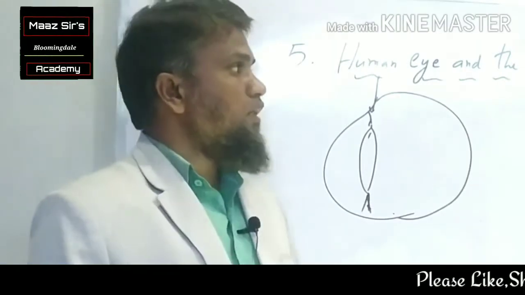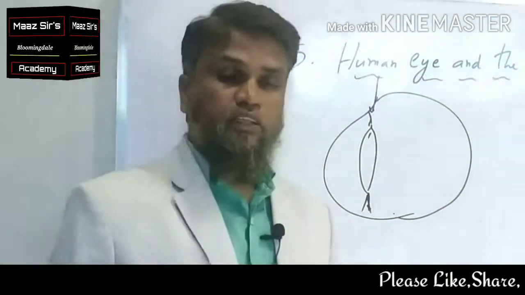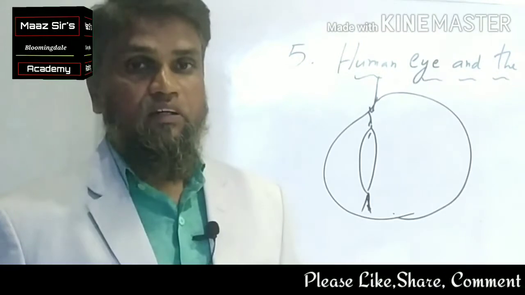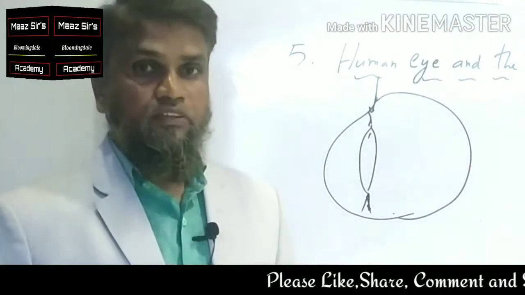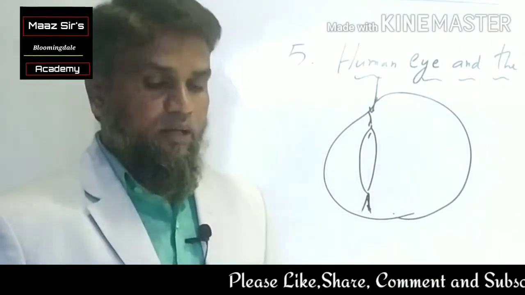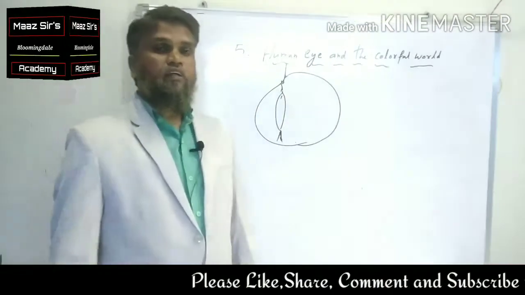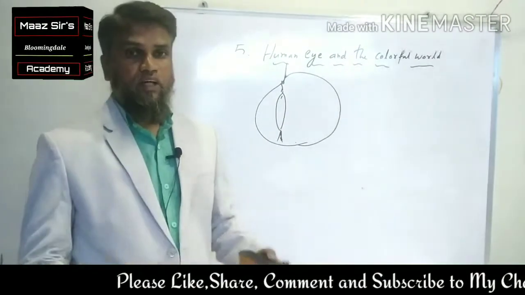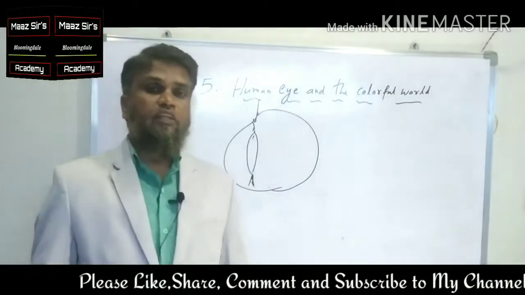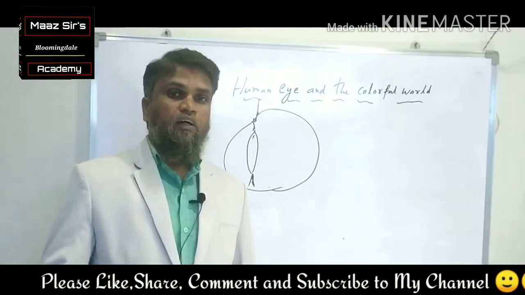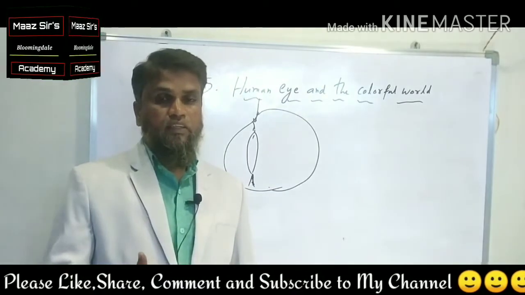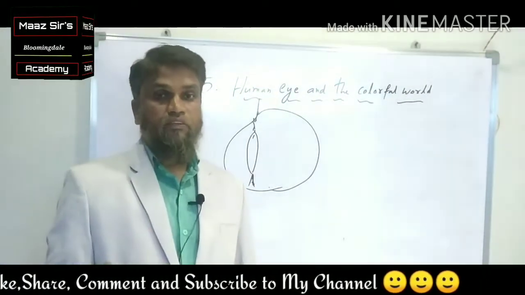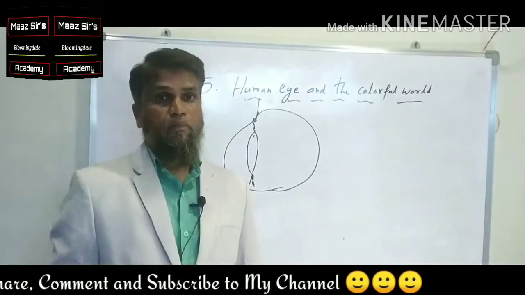Before going on to the further lesson, there are some questions which are to be answered, because you will be getting these questions in your mind. For example, the first question is, what is the use of the lens in the human eye? And the second question is, what is the role of this lens in seeing far off objects and near objects? How is the human eye able to see?